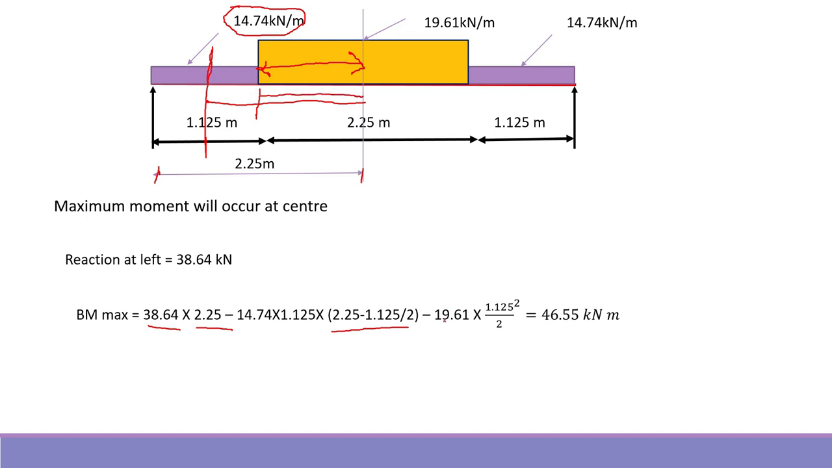So 19.61 into 1.25 into 1.25 by 2, that is 1.125 square divided by 2. So the maximum bending moment is 46.55. So now, in step 4, we will check it for the depth, and we know that in Annex